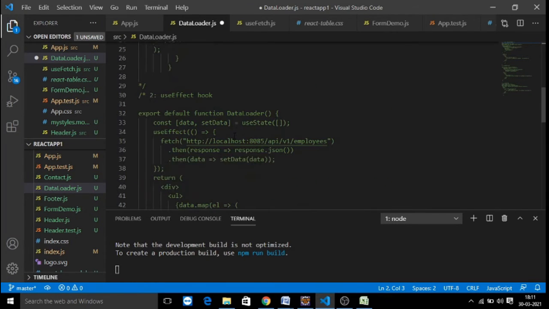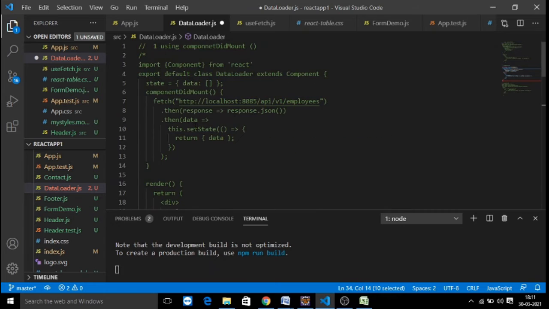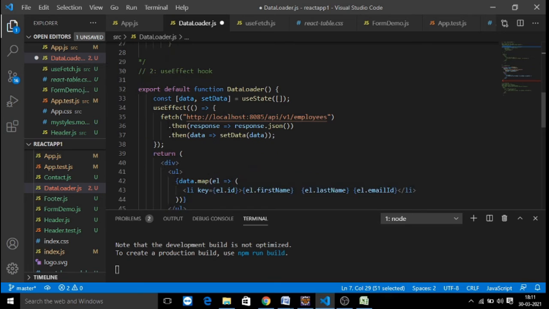So what is the second technique? In this technique, we are going to use useEffect. useEffect is simply a replacement for componentDidMount and componentDidUpdate, as I said, so it is similar to that. Instead of using componentDidMount, let's make use of useEffect, within which you are going to process the backend request. We are going to get the data and process the data.